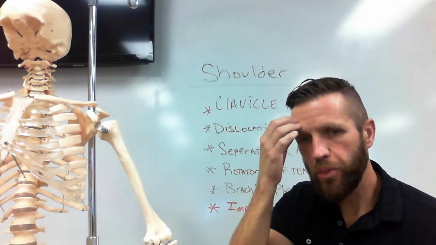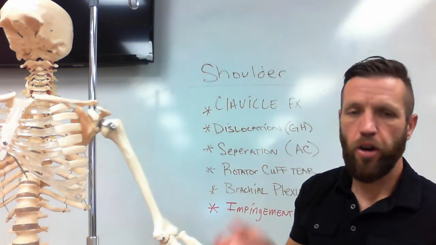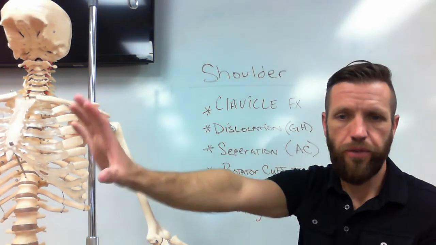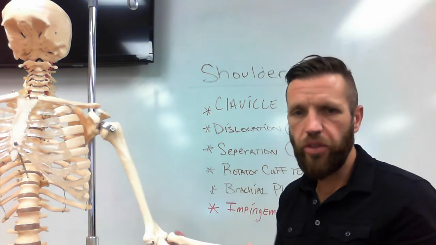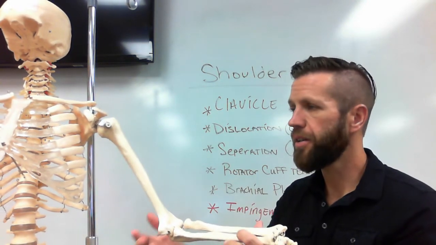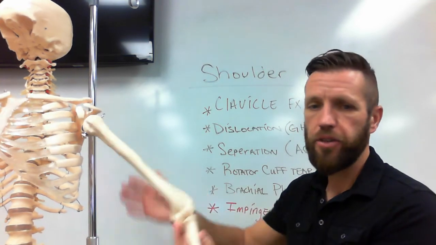So what we do is we look at this by saying, okay, it hurts to go overhead. You don't know what you've done. You haven't landed on your shoulder. You haven't fooshed on your shoulder. So we think that this is probably chronic, and it could be other things, but typically this is what it is. And what I do is I'll take that person,